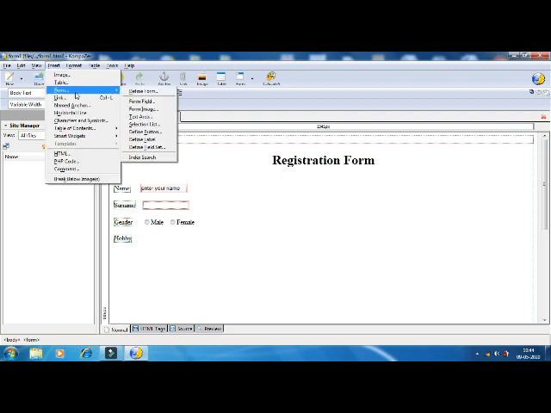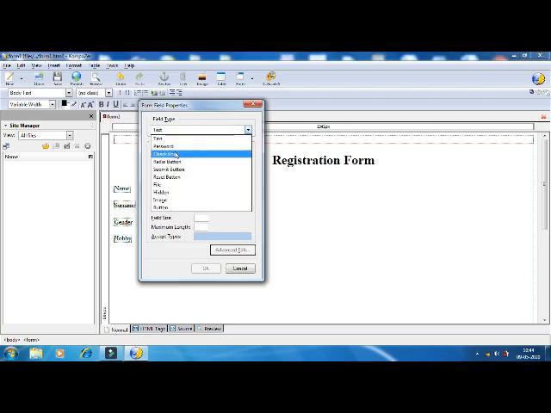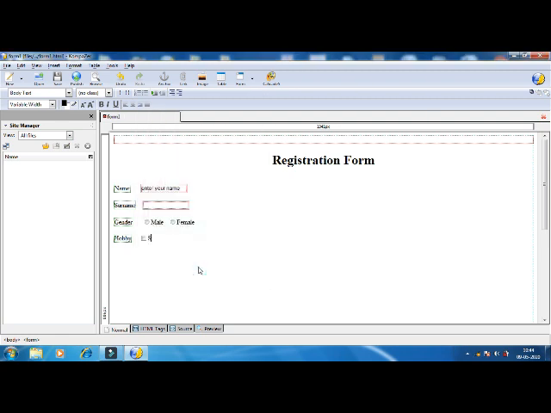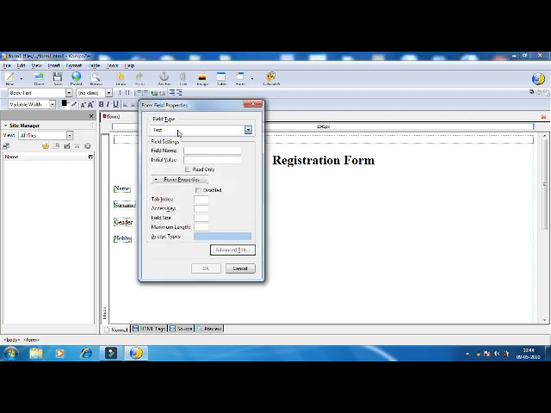So form field. From here, checkbox. Field name again we are giving the same, that is hobby. The first field value we are giving is sports. Now type sports after this checkbox. Next hobby we are going to create. Again form field, checkbox, hobby.